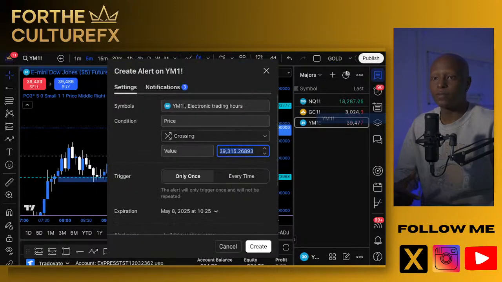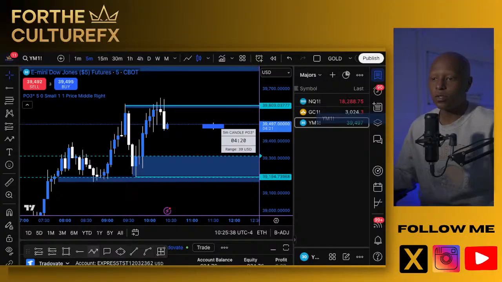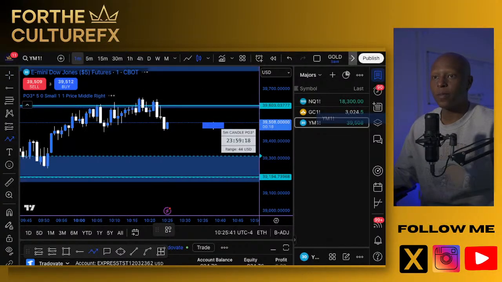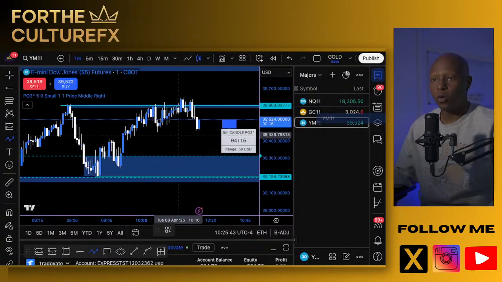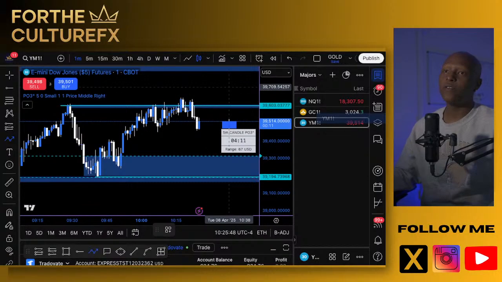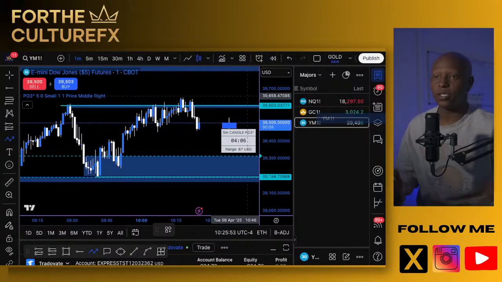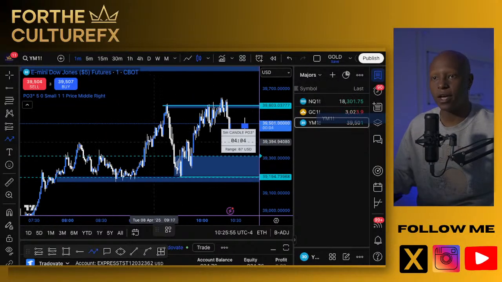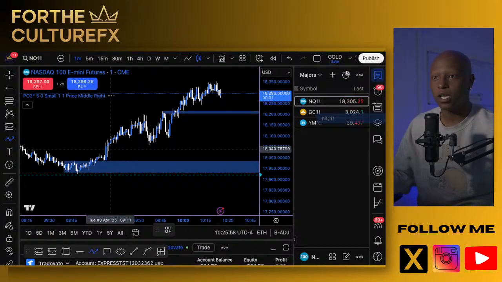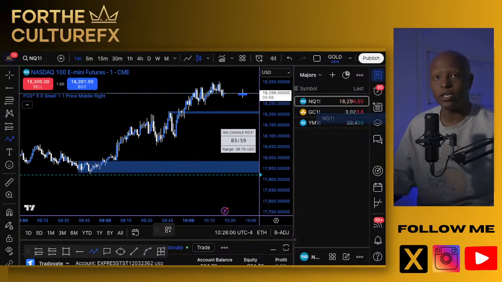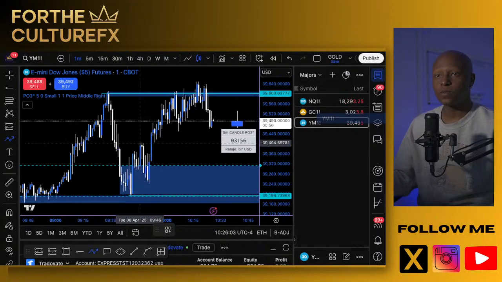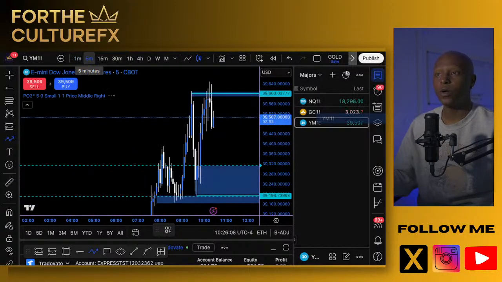We're going to add an alert at my premium zone. I'll be looking for a smaller time frame change of character at my premium zone, or what we could potentially see is another break of the high, then a correction and a continuation. Whatever it is that we end up looking for and executing on, I will be sending it to the VIP Telegram, like I sent the daily outlook anticipating this bullish bias, which is what we've seen throughout the session. So we'll look to capitalize on the possible buy move when the markets show us on the smaller time frame that we got our confirmation.